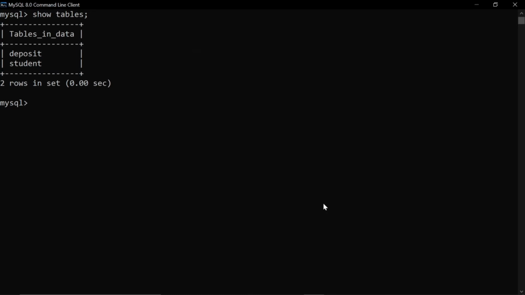So in the previous video we talked about the update command that is a part of DML command. And now in this particular video we are going to see another command of DML, that is the delete command, where with the help of the delete command you can delete a particular row or the whole table.